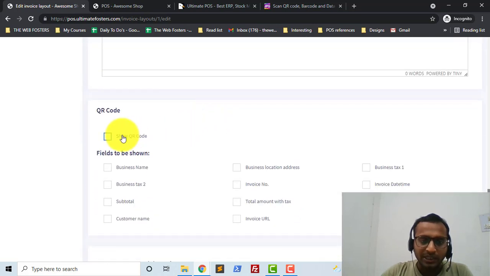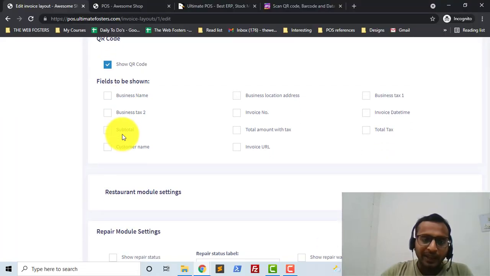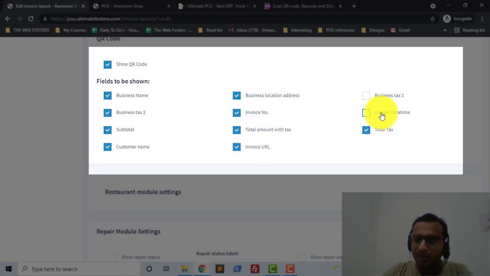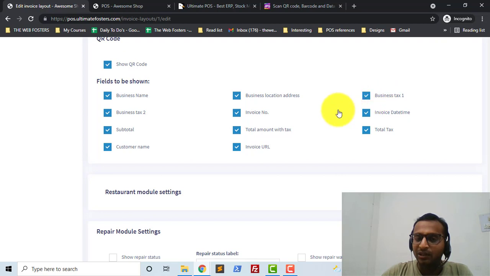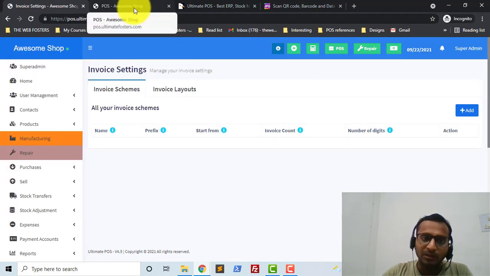the QR code section. So I will enable this option, show QR code, and here I have to check all the options which values I want to show in my QR code. So I am selecting all these options over here, but based on your requirement you can check or uncheck any of these options from here. After selecting all this, I will just click on this update button and I will go to the POS screen